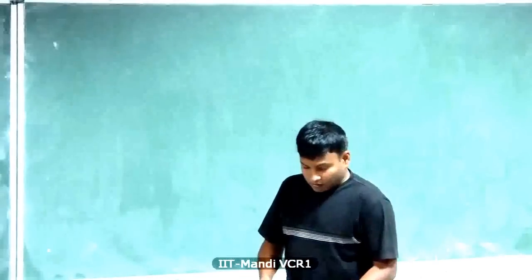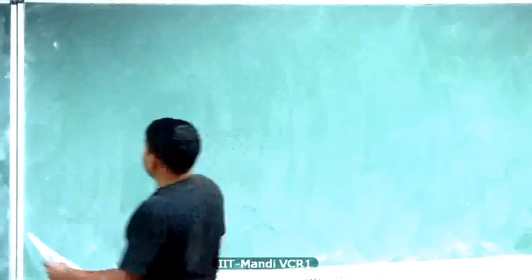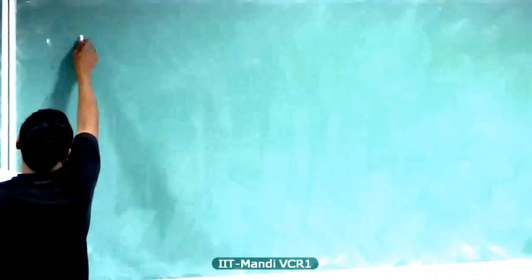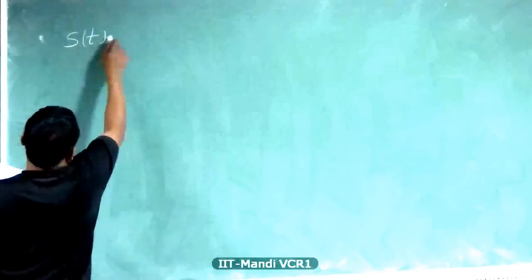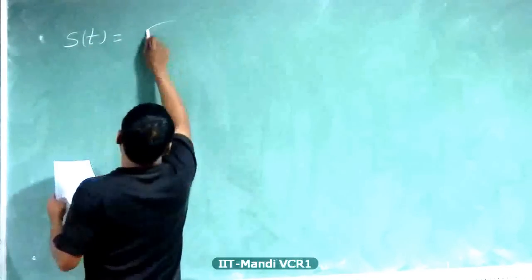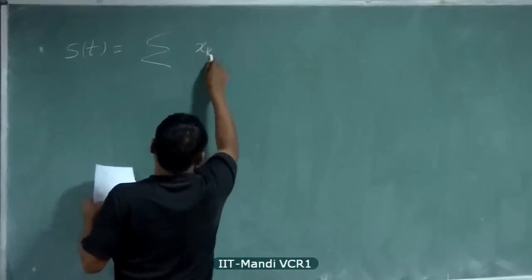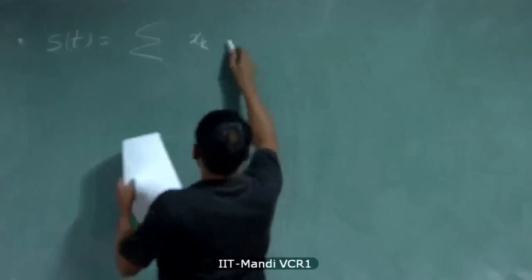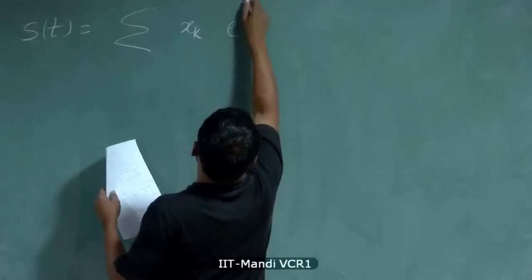Okay, so we talked about the basic OFDM transmission and how to recover the transmitted data. Let's just recap briefly. So we transmitted a signal S of t, which is a sum of a number of complex sinusoids.